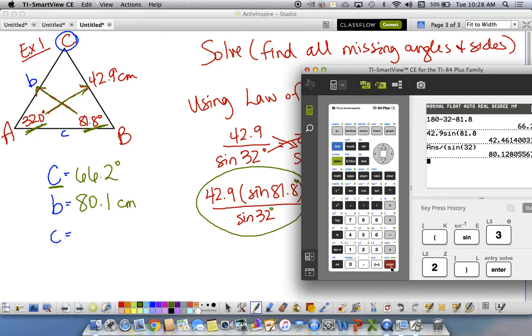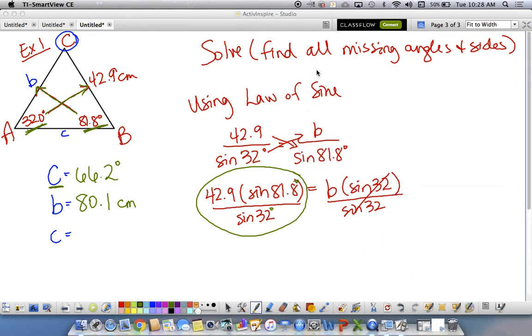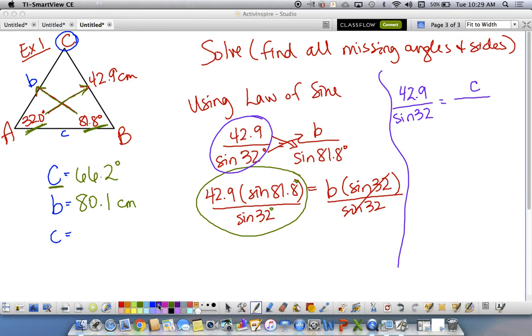Well, can we find side C? Yes, we can. We found B, we found A, we only need one more. I'm going to try to do it on the side. So, I still have the same ratio, A over sine A. I'm going to use that same ratio over sine 32. This time I want to find side C, so I'm going to put it over sine of the angle we just found, which was